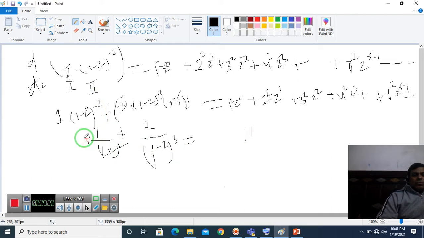Just to make the denominator equal, we should multiply by 1 minus z and divide by 1 minus z. It makes the denominator equal, so we can add like this, (1 minus z) to the power cube